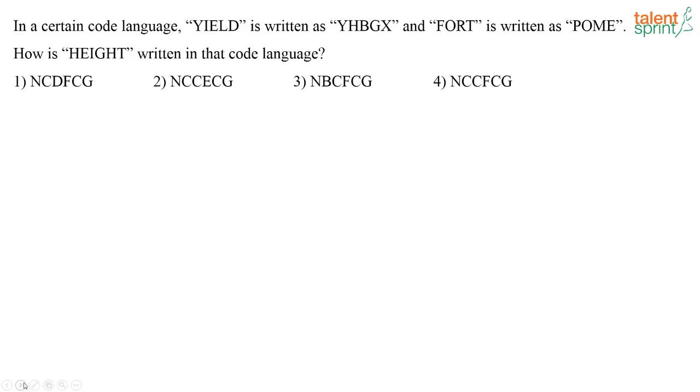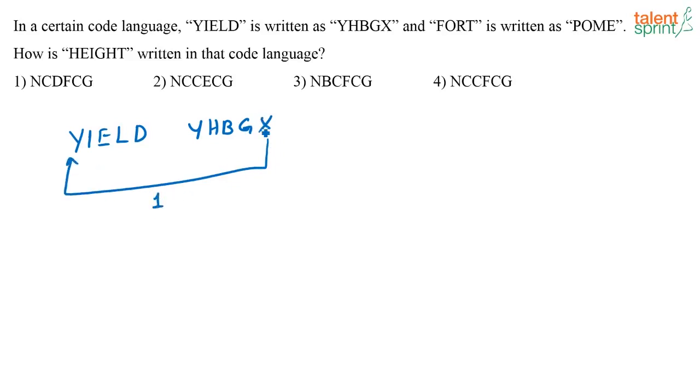Next, in a certain code language, yield is written as follows, float is written as follows, and height will be written. What is the code for height? So what is the YIELD? This is coded as YHBGX. See, x plus 1 is y, right? XY. Then G plus 2,